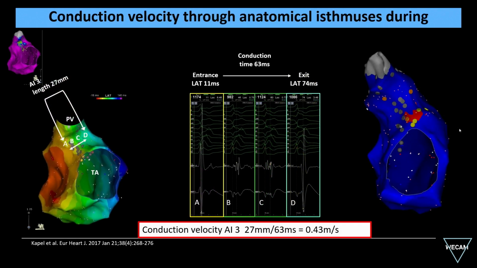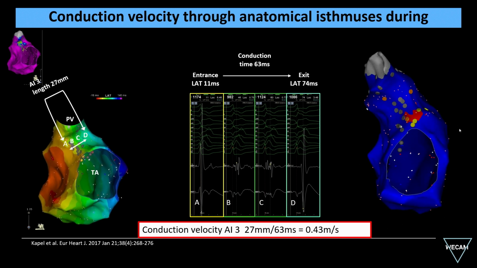So once we have these anatomical isthmuses, and I always make the point, all Fallot patients have anatomical isthmuses. So this is not interesting to know. Interesting to know is if they are arrhythmogenic or potentially arrhythmogenic and relate to VT. And we all know one important player is conduction slowing. So we started years ago to look at the conduction properties of these anatomical isthmuses, and up here this